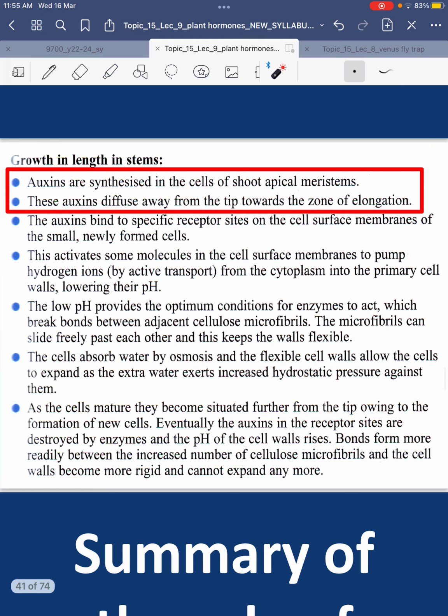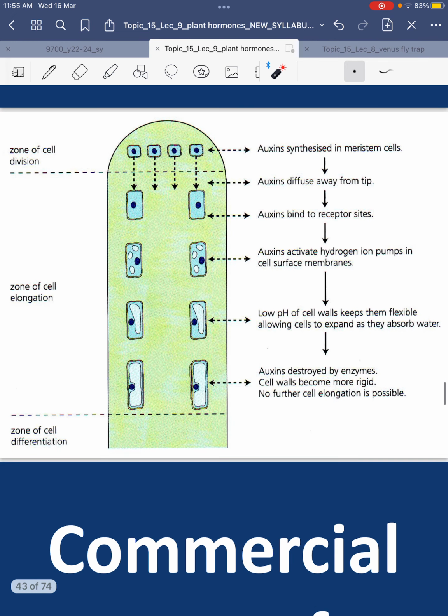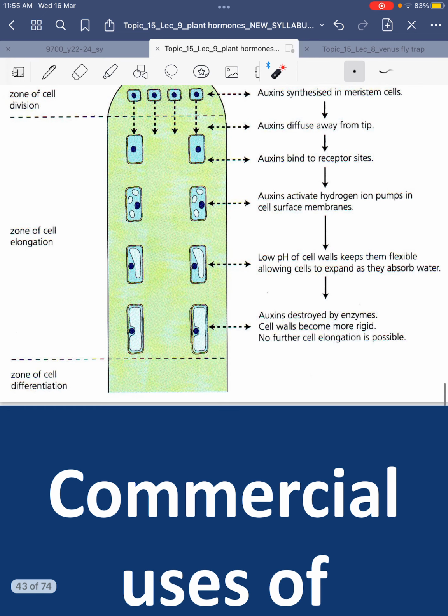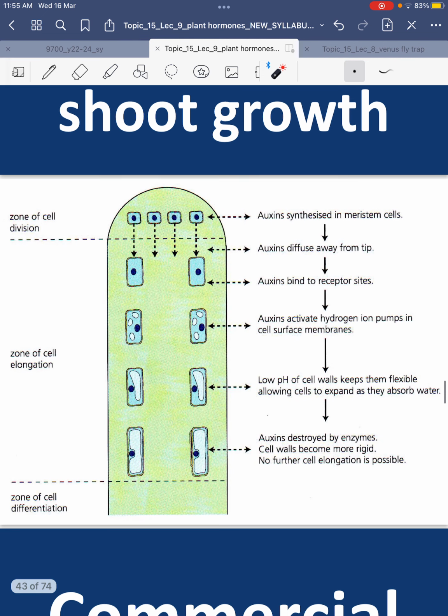Okay. All right. So this is again the last slide. Again, let's have a look. Auxin diffuses away from the tip, binds the receptor, activates hydrogen pump, lowers the pH. So remember, the low pH activates the expansin, okay, loosening the linkage, the cross-link between cellulose microfibril, and then the